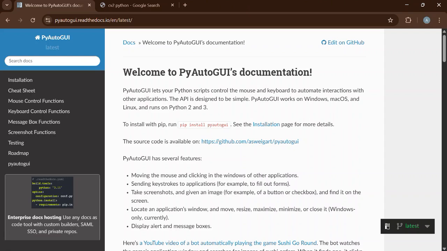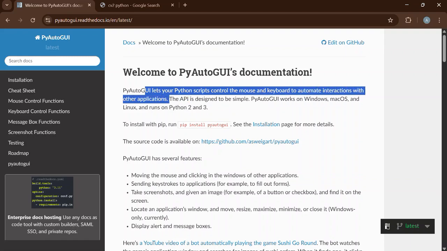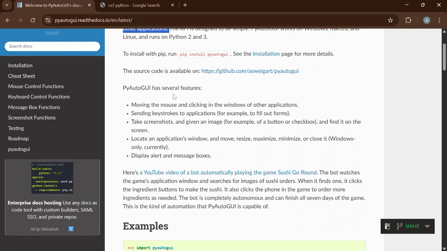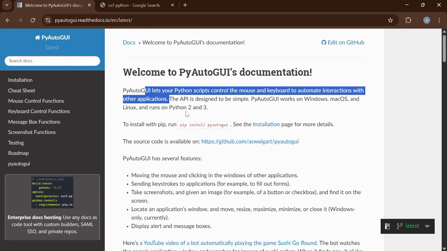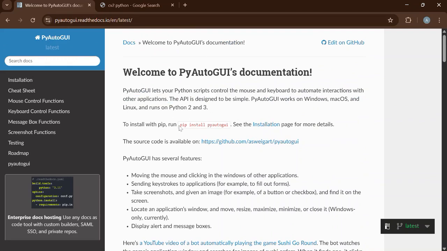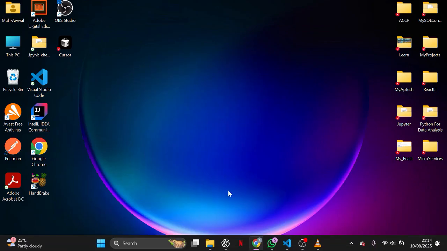So as you can see in the official documentation here, it lets your Python script control the mouse, keyboard, and also monitor to automate interactions with other applications. So yeah, it basically allows us to control the key components of our system. But for us, we'll be using it to screenshot our screen basically. So we can see here to install it, we'll be using pip install pyautogui. Since I already have that,